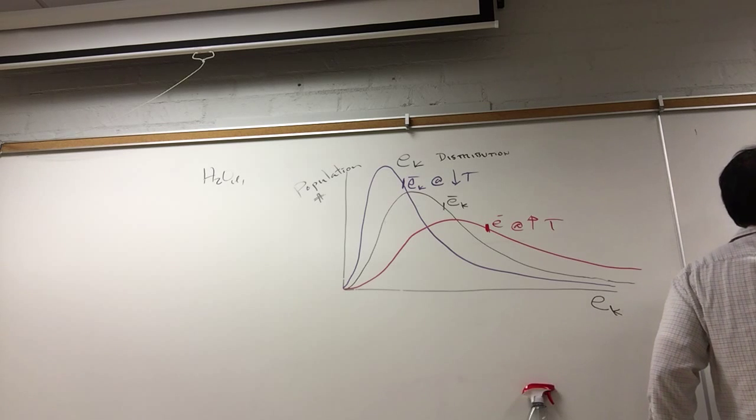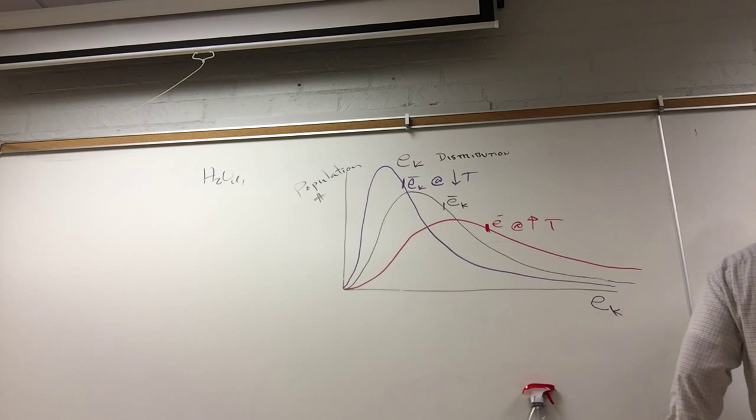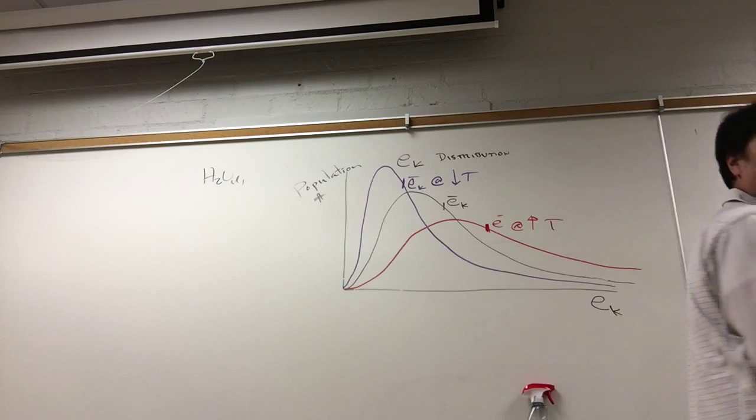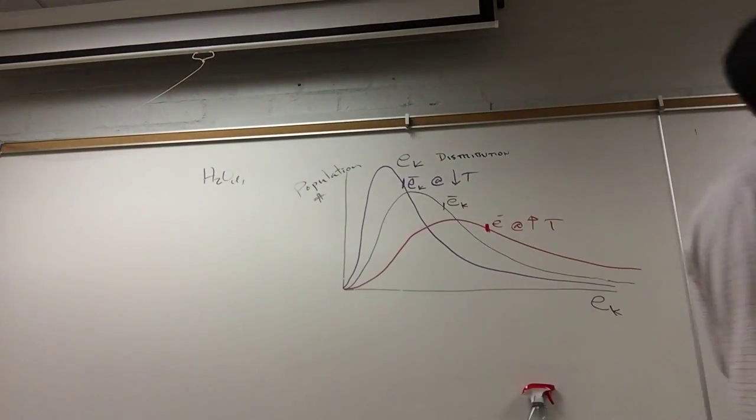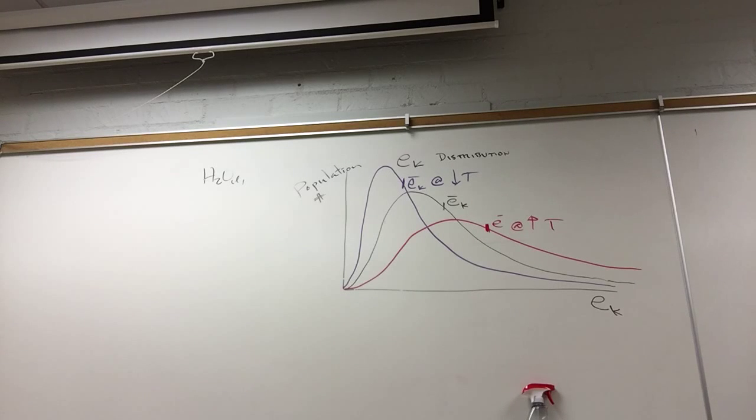Some will have the average around here. And then there's going to be a small population of water molecules which will have fairly high kinetic energy out here, the label red. And so this is a simplified